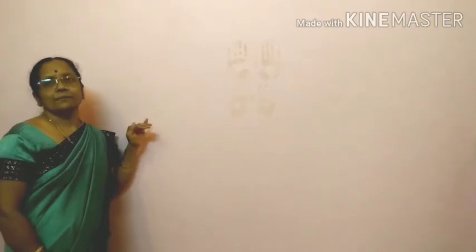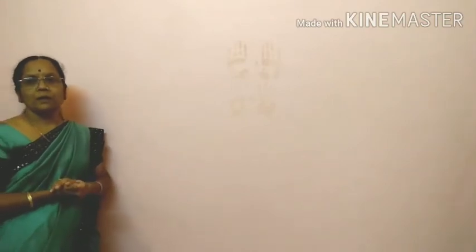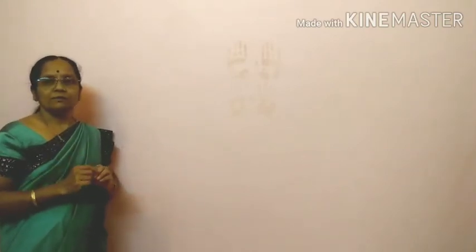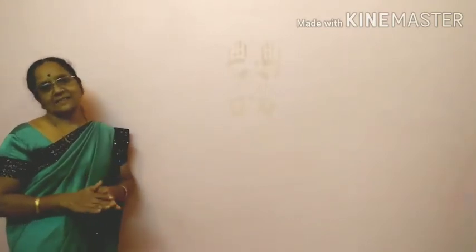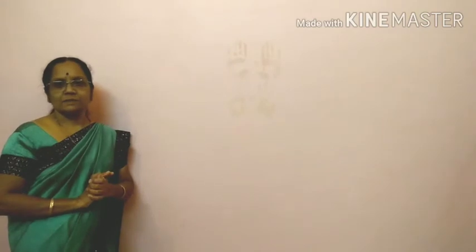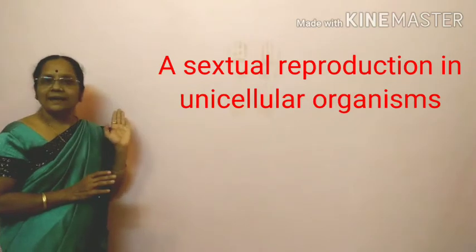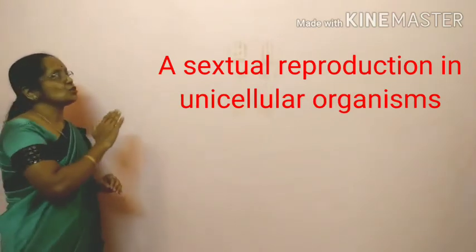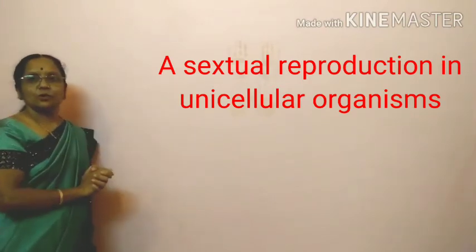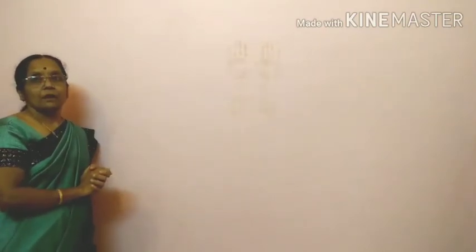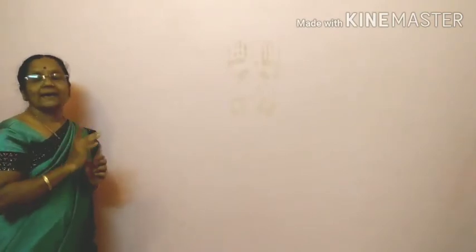Now, we will see the first type, asexual reproduction. Asexual reproduction takes place in unicellular organisms as well as in multicellular organisms. Let us see first the asexual reproduction in unicellular organisms. Unicellular मध्ये बघूया. पहिल्यांदा आपण असेक्शुअल रिप्रोडक्शन बघतो आहे एकपेशीय सजीवात